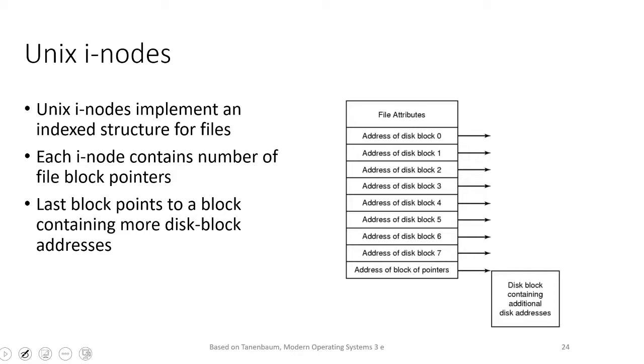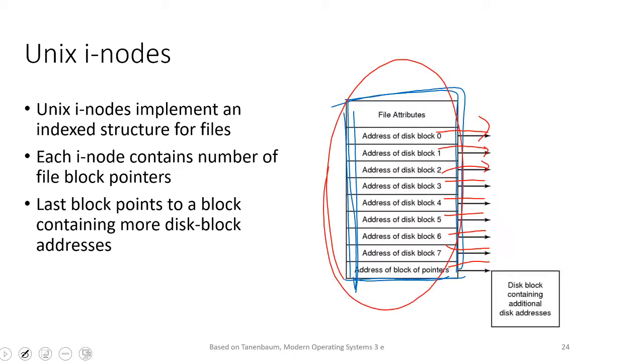Then another approach that we may have is what is called I nodes or index nodes. So what we have is a list of entries, what we call the I node, and that is basically a set of pointers pointing to different disk blocks. So these pointers are going to point to different disk blocks. So that is the main entry that we will have. Then we can go and read each of the blocks as we need. So we will read the whole entry together at once, and then we can go to the pointers.